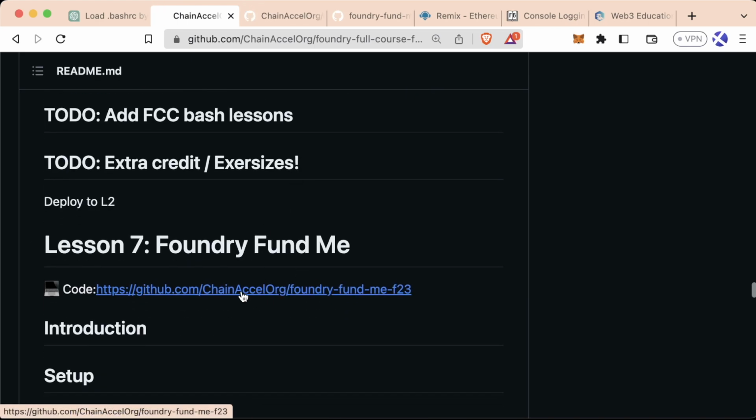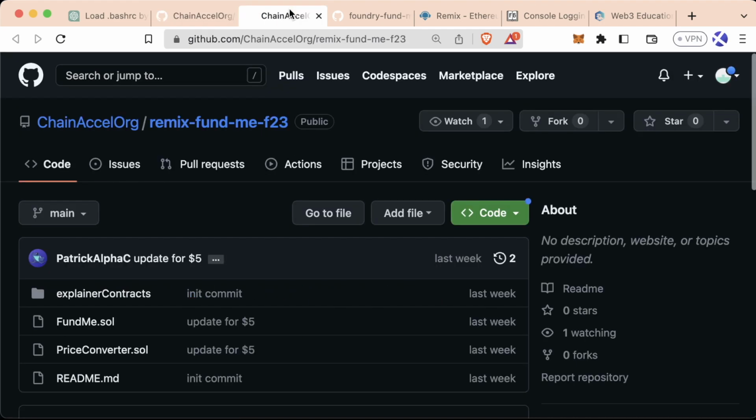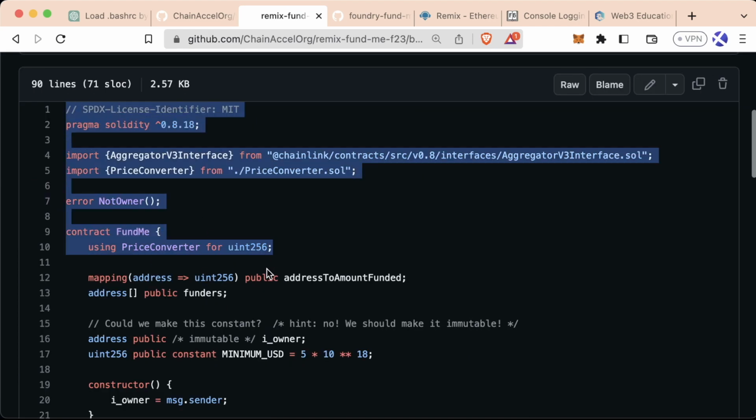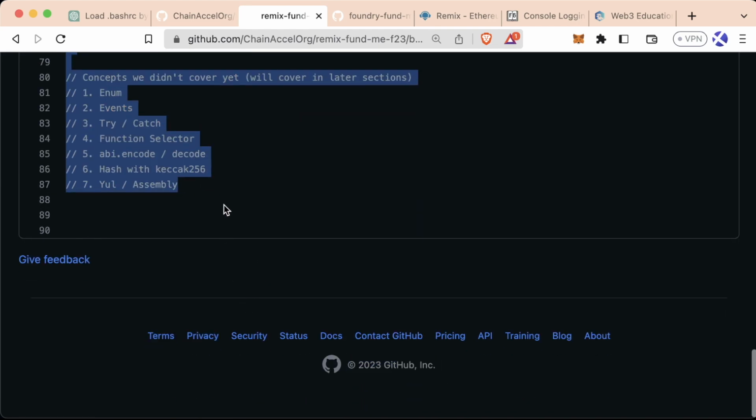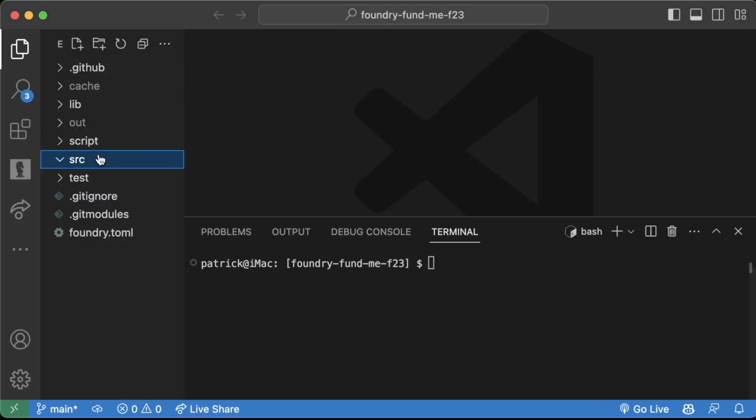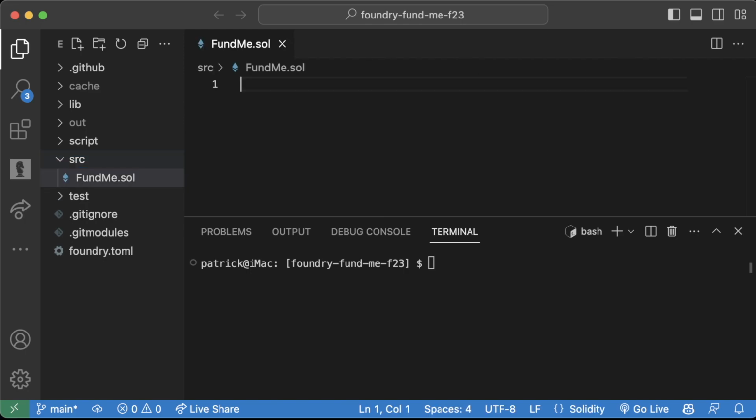We don't want to copy paste from our Foundry fundme. This is because we're actually going to modify our Foundry fundme a little bit to make it a lot easier to write tests and interact with. So for now, we want to go to the remix fundme and copy paste the contracts from here. So we'd copy this whole thing, go to src, let's create a new file. We'll call this fundme.sol, paste it in here,